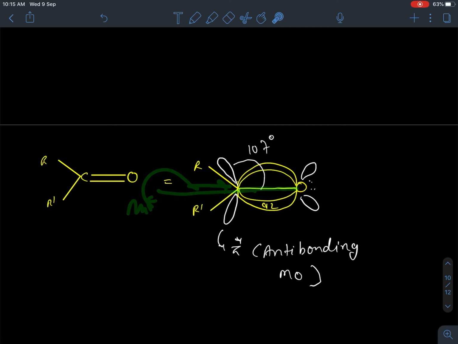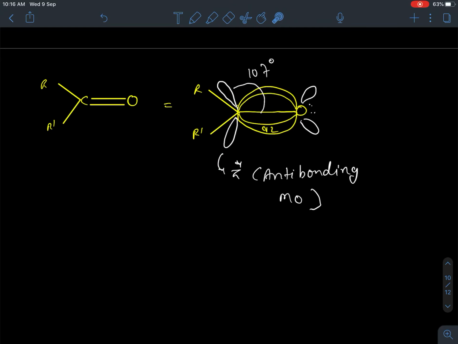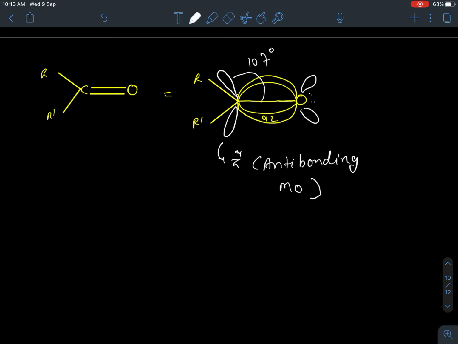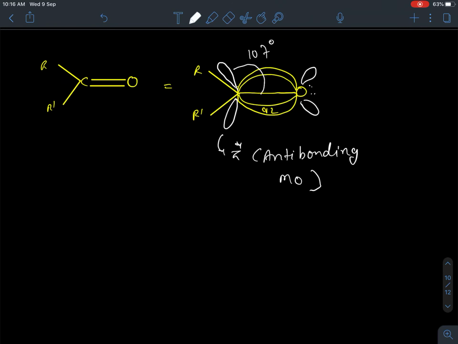So please keep this in mind, that the nucleophile approaches at an angle close to 107 degrees from the oxygen, and it can attack from above and below the plane. Now if both attacks are possible, above and below, let us look at what we are going to get once the nucleophile attacks, the general mechanism for a general nucleophilic reaction.